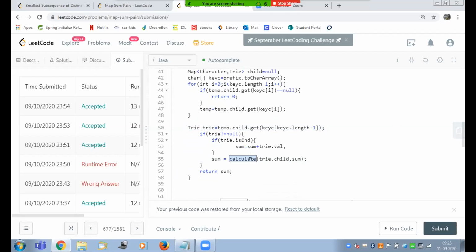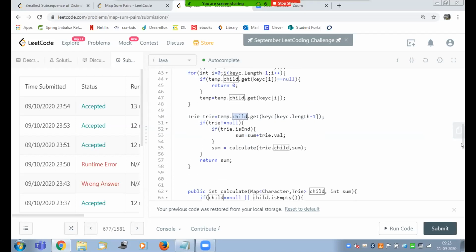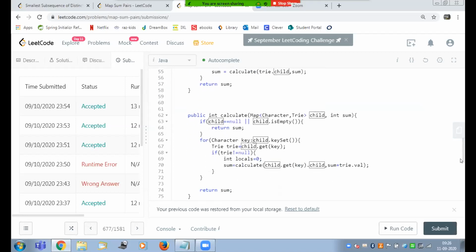So here I'm just sending all the children of this last trie character to the calculate function, and this is just a recursion kind of thing. It will go through each child, and if it is an end, it will just add the value to the existing sum.